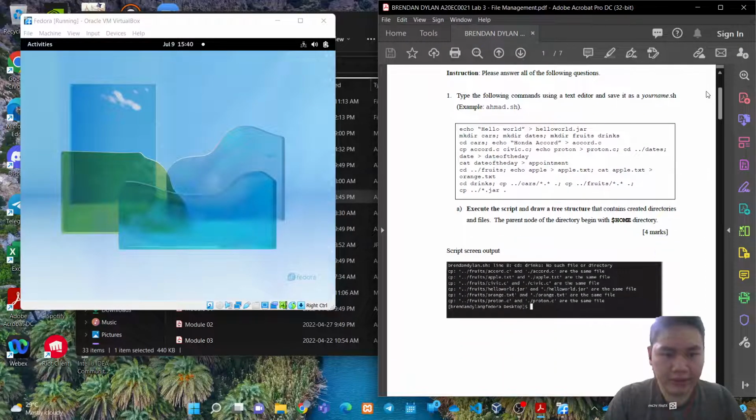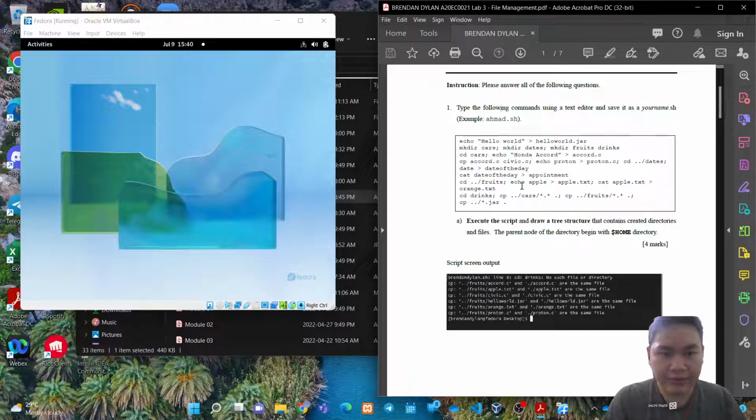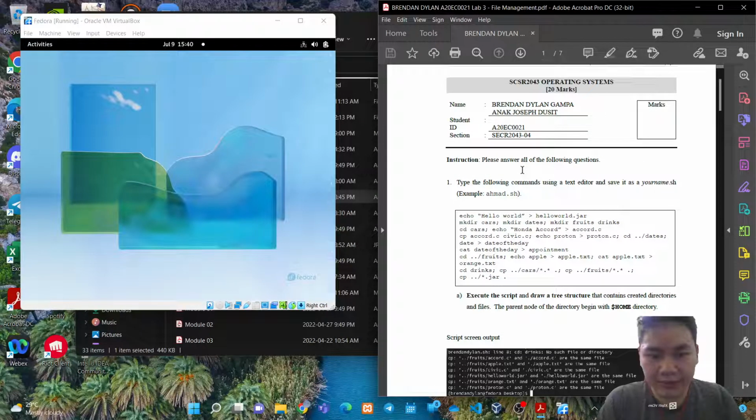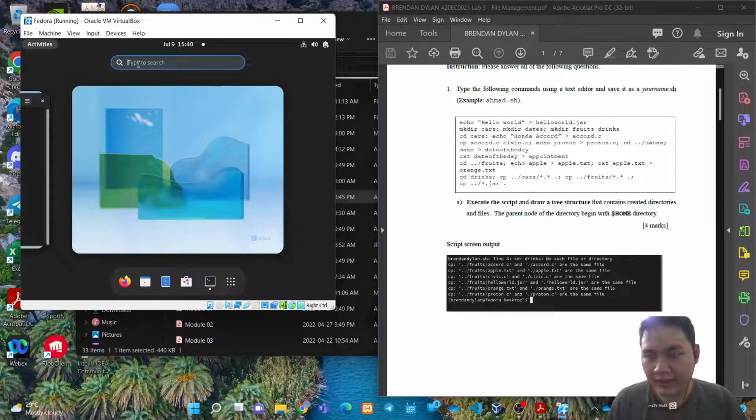So the way I'm going to present the lab is I'm going to go through the questions one by one. So let's start with question 1. Question 1 wants us to copy paste this text editor commands and save it as our name. So I already did it in the files